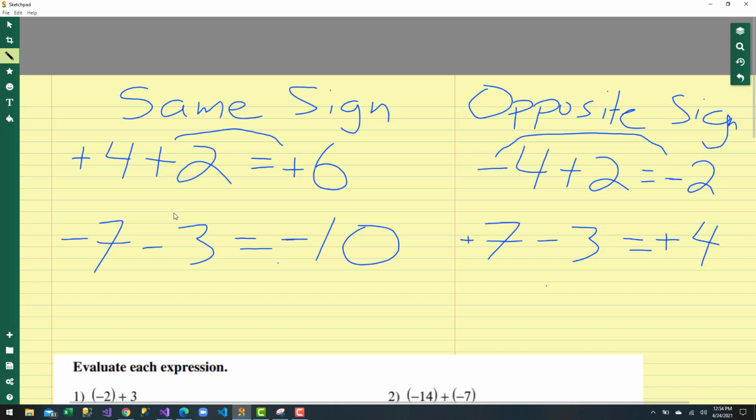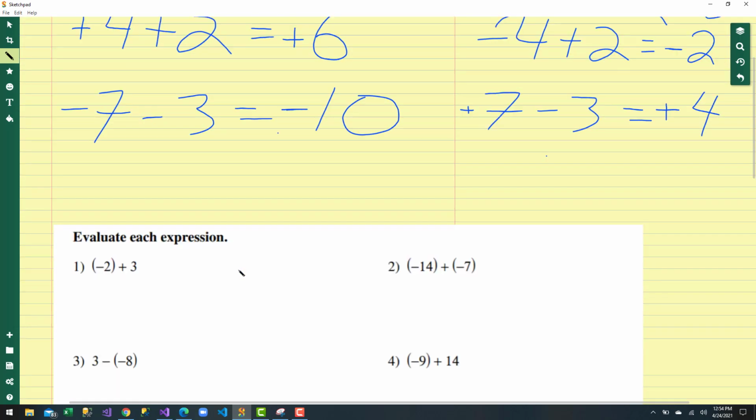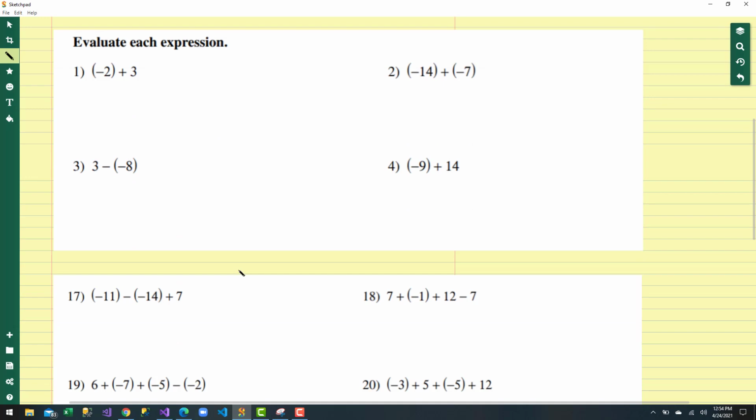All right, so let's use these two tricks to solve and evaluate these expressions here. Start with number 1. Now, when it comes to parentheses, we have to first eliminate the parentheses and then apply our approach. So look at the parentheses, a negative 2 here. The sign next to the parentheses is imaginary, but it's positive. That means that you have a positive and a negative. You take it out, it comes out as a negative. So we have a negative 2